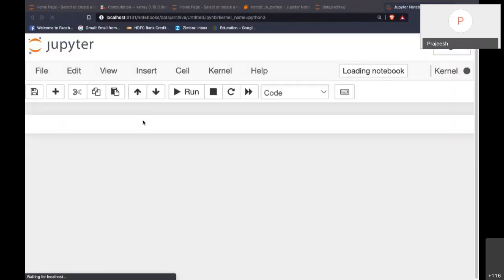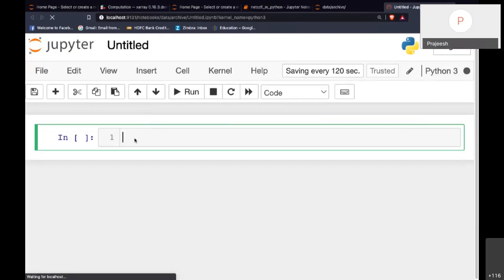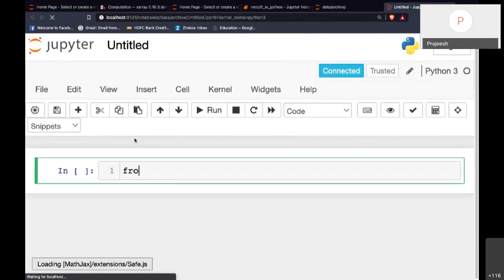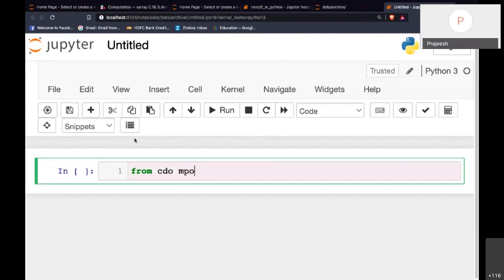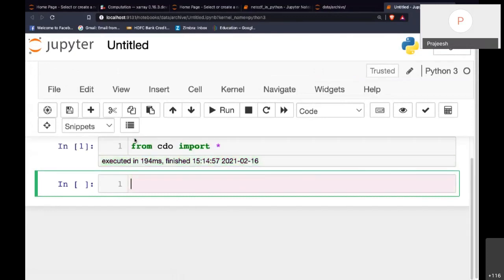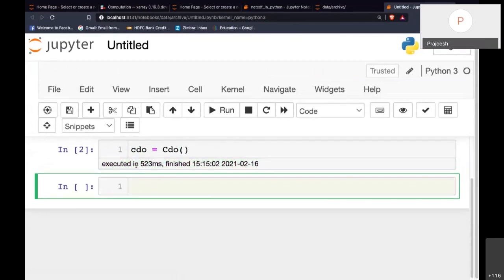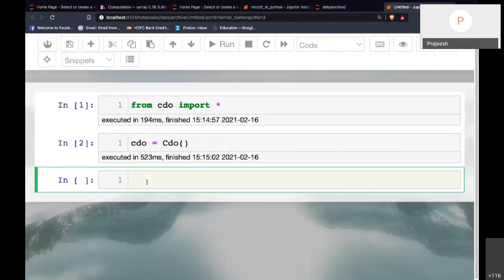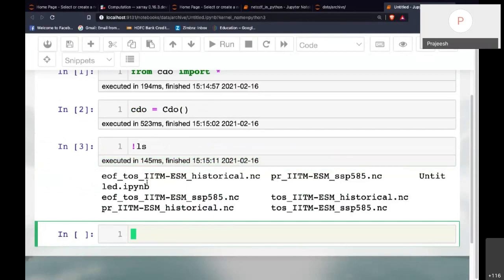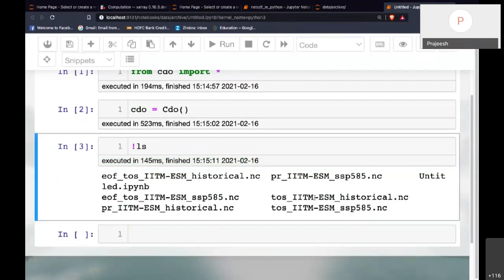Okay. So from cdo import all, create a CDO object. Okay. And then let me see what are the available data sets. Yeah, there are some netCDF files available here. Okay. So I'll use one of these here.